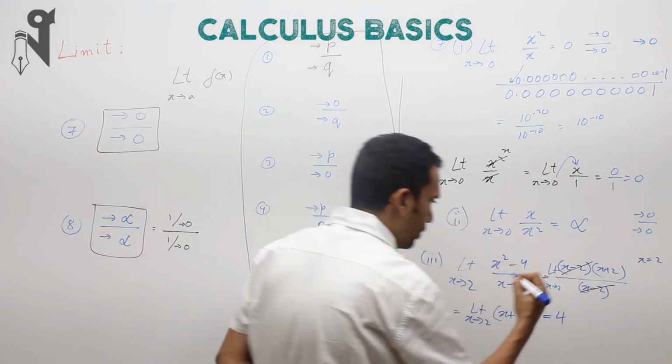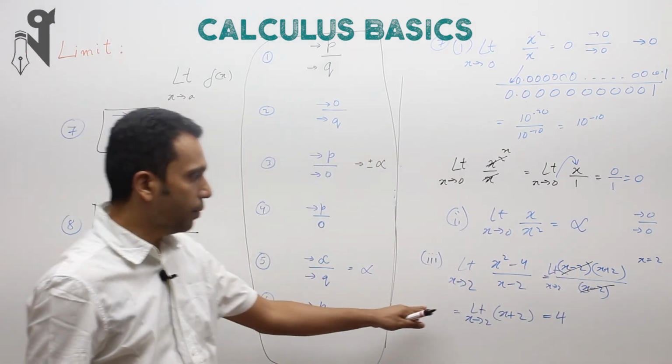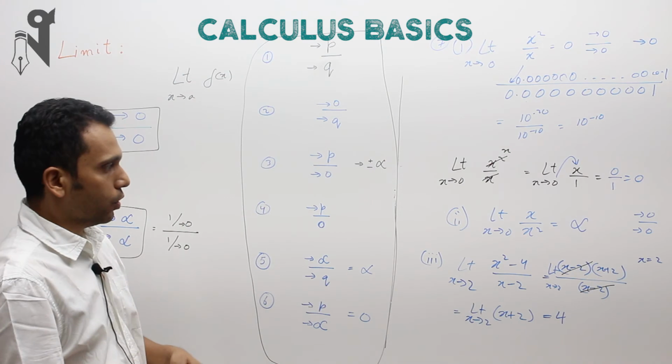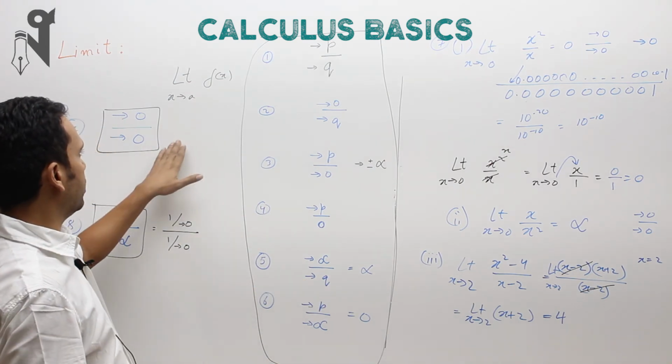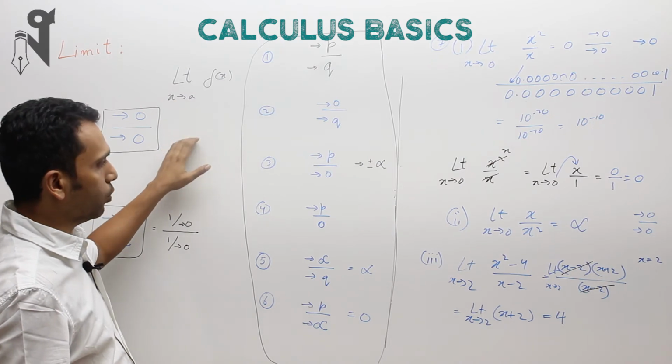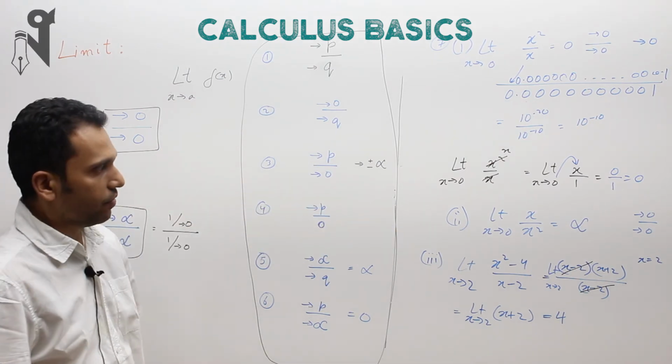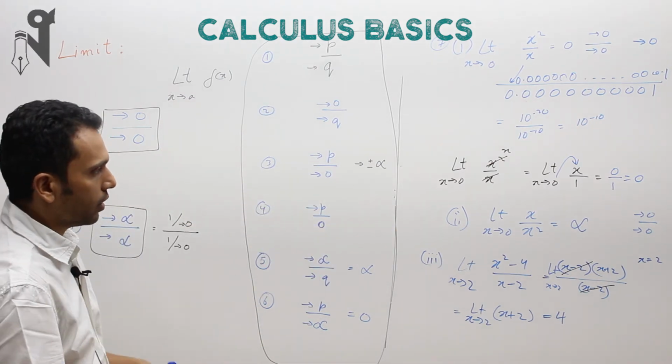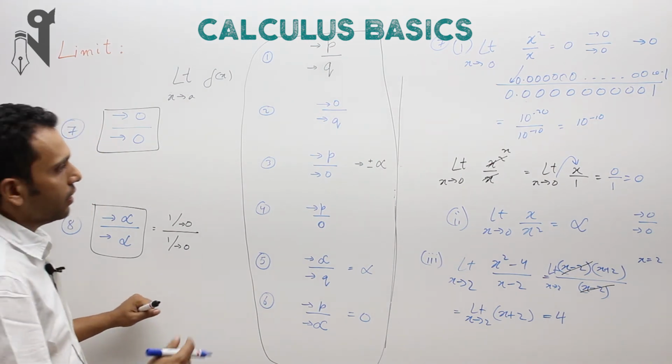So the limit is 4. So the limit value of this is 4. So this is how we deal with a 0 by 0 question. What is making it 0 on the top or bottom? We try to eliminate that by factorizing, as it has been shown over here, or other ways, and eliminate those